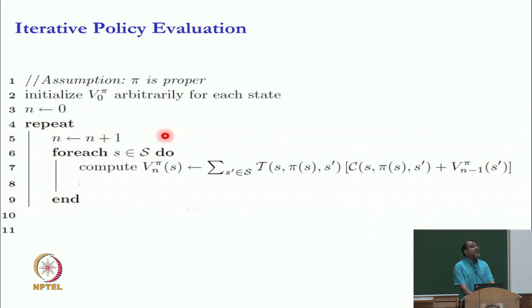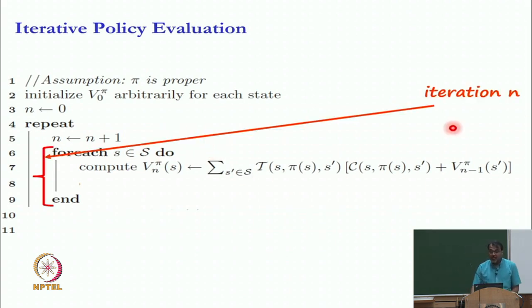for every state you compute the new approximation using the equation that we described earlier in the last slide. So, here I will be using the n minus 1th approximation and I will be computing the nth approximation. Now, when I do this, I maintain a previous set of values and I maintain the new set of values. Such an algorithm is called,